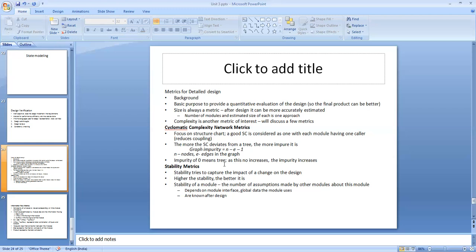So what is this cyclomatic graph metric?